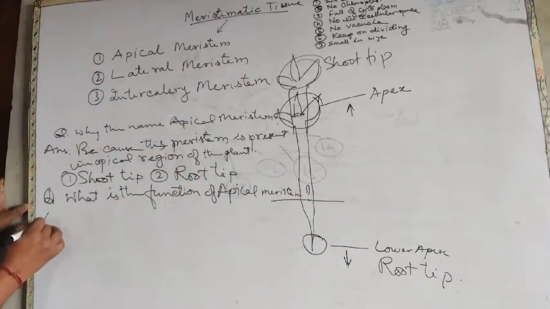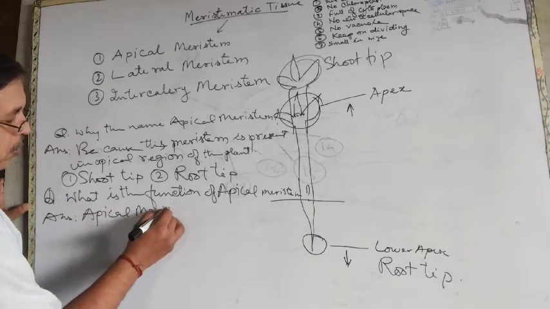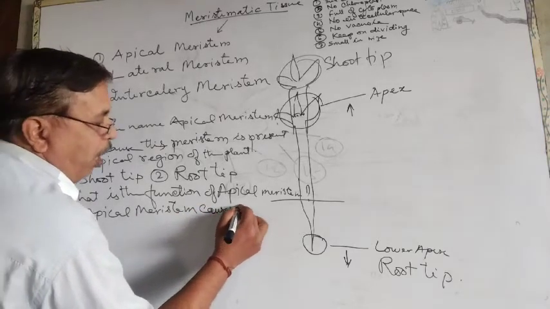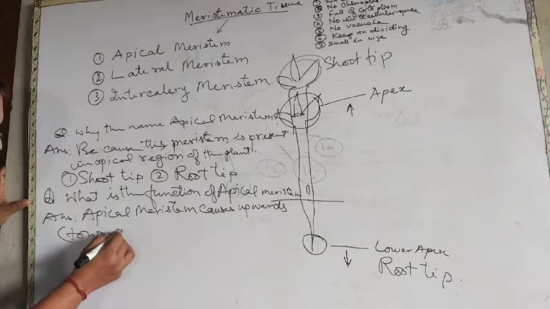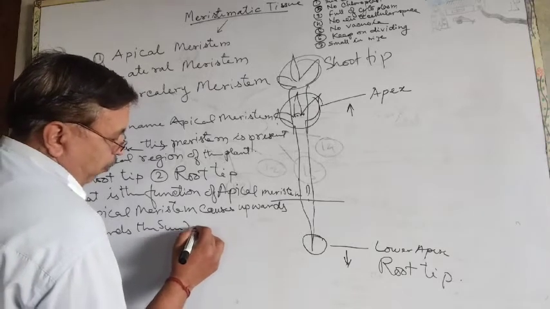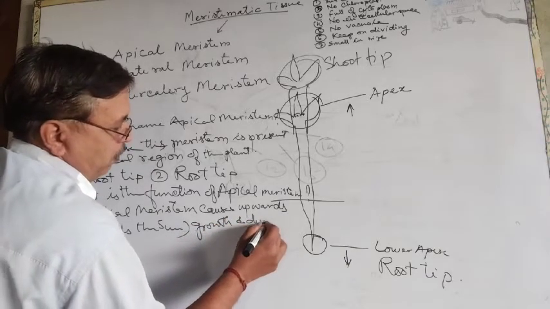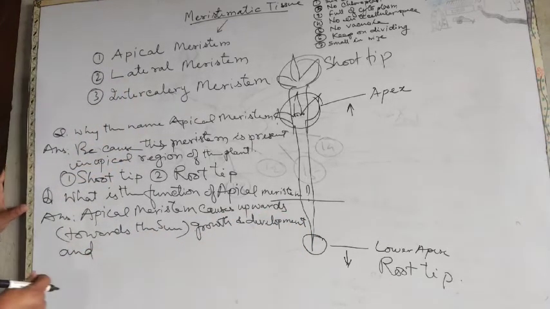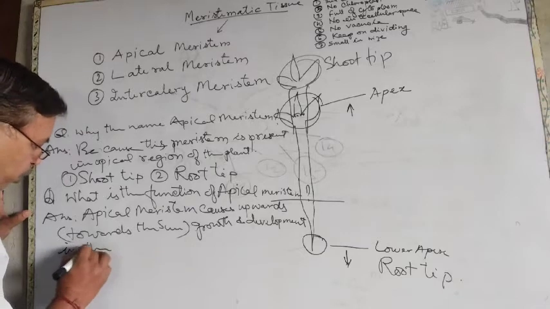The answer to this question is: the apical meristem causes upward, means towards the sun, upward development and upward growth and development in the shoot apex,